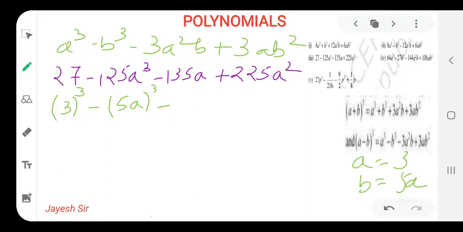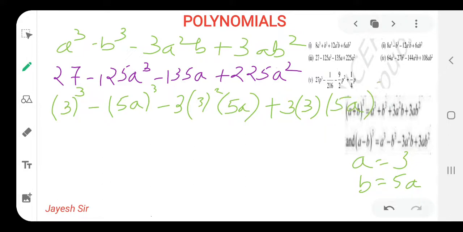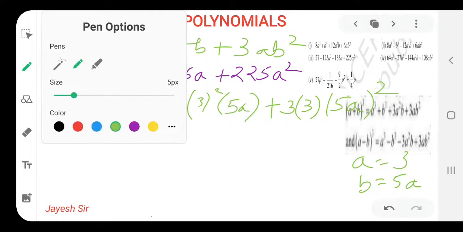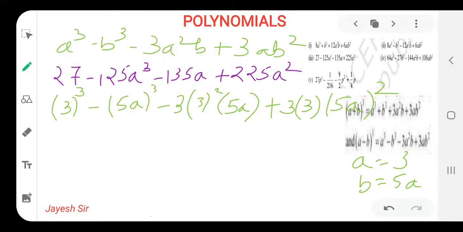That is a little bit confusing, because in the value of b we have to write 5a, while the value for a is 3. The question maker also wants you to get confused while solving it, but we have studied and cleared the concept, so we won't get confused. So that is a square, that means 3 square, and the value for b is 5a. In this way we can write now: plus 3, a is 3 and this is 5a the whole square. Yes friends, I hope you all might be getting it. So let's begin and try to solve it.